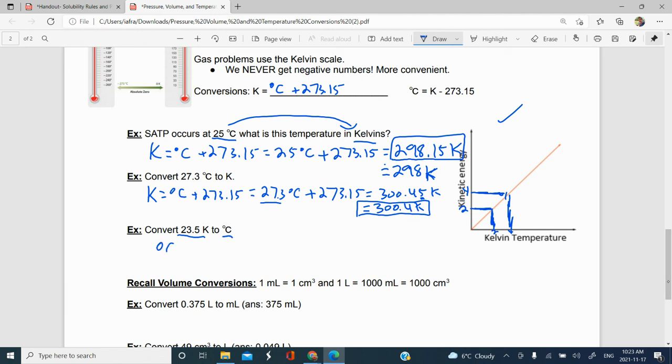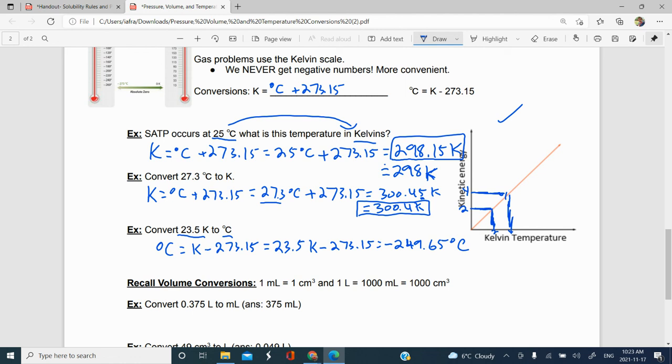If you want to convert to degrees Celsius, you do your Kelvin temperature minus 273.15. Now, you'll never have a negative Kelvin, but you can have negative degrees Celsius. That we know because we deal with degrees Celsius all the time. So for Kelvin, we're going to do 23.5 Kelvin minus 273.15. So 23.5 minus 273.15, and we get negative 249.65